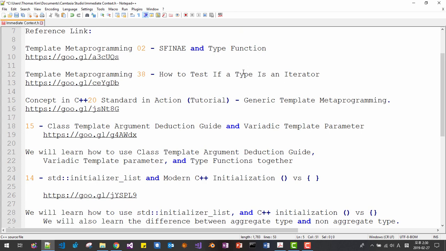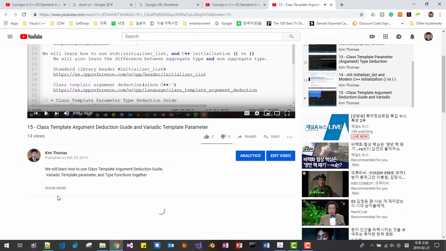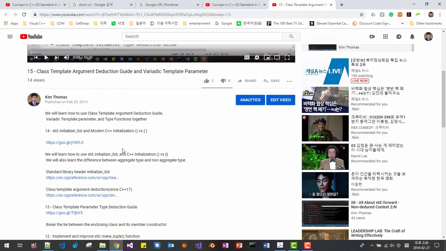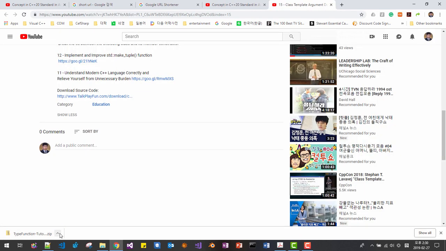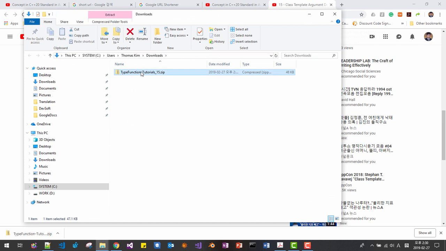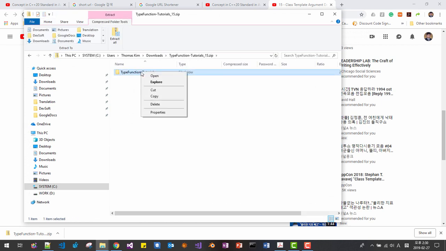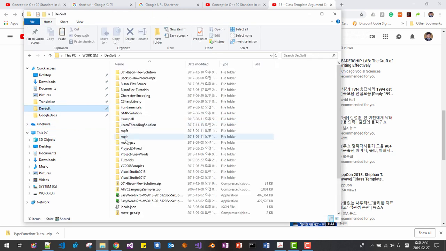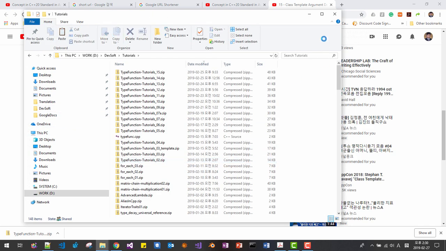We need to have our type libraries, so please visit this link, and from our previous video please download the source code. Show in folder, double click it, copy the folder, and paste it to your working folder.